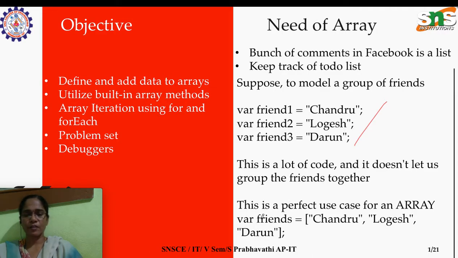So here in JavaScript the arrays will be like this. There are different ways of creating arrays. One way is a single line statement, var friends equal to, within square brackets. This is the indication for handling arrays in JavaScript, and within the square brackets we can mention the array values. So here all three items are mentioned, and all three are of string type. The items are separated by commas.